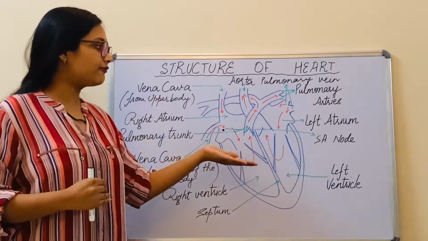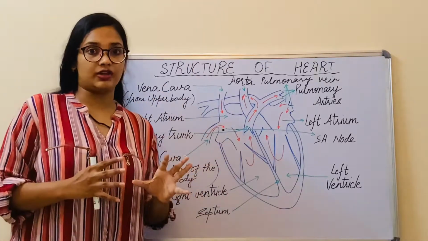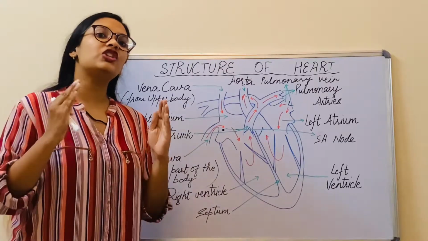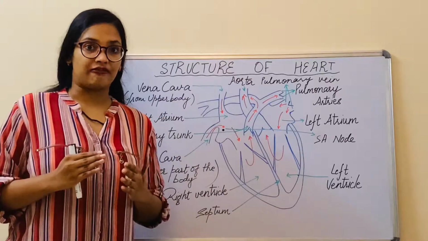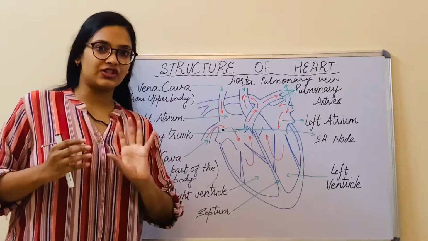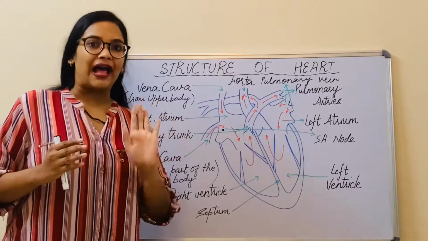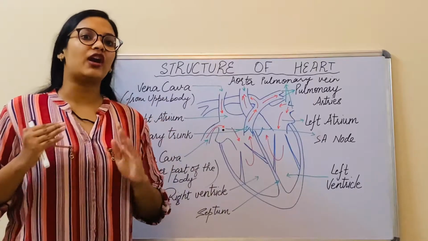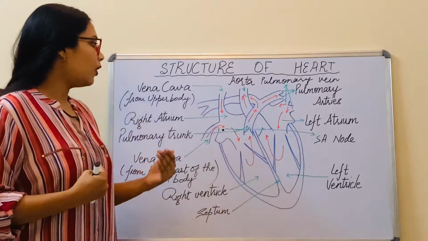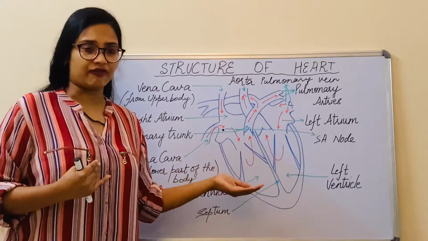So first of all, the heart is a muscular organ. It is a conical shape of organ which is situated in your chest, right in between your lungs. It is a little turned towards your left, so while palpating you can hear your heartbeat a little towards the left from the center. So this is the situation of the heart.